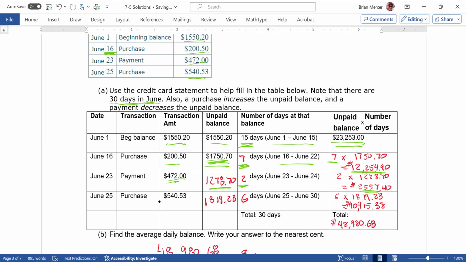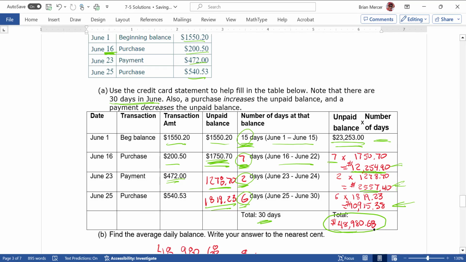2557.40. Then you made another purchase, so the balance went back up, so you added that to the balance, and it was that for the remaining 6 days in the month. Notice your numbers here as you make these tables have to add up to 30. And so then once you multiply all these together, you add them all up, add up all those values here, here, here, and here. And that's that